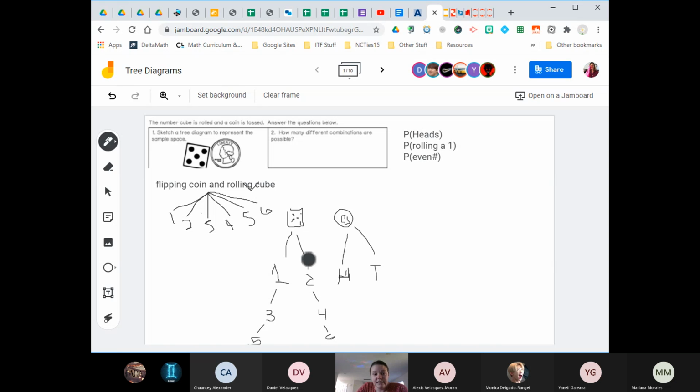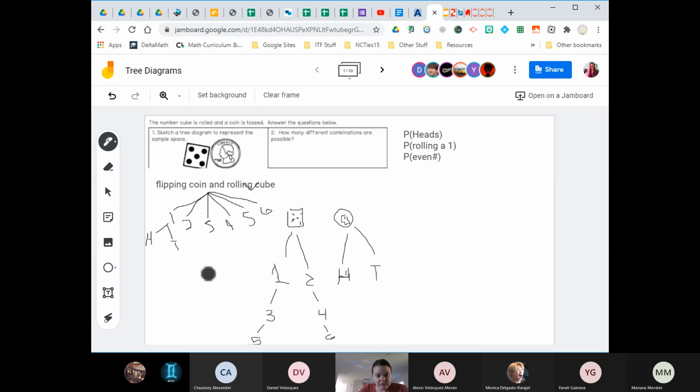Now I need to represent flipping the coin on the same tree diagram. So if I roll a 1, what possibilities do I have after I flip the coin? Right, heads